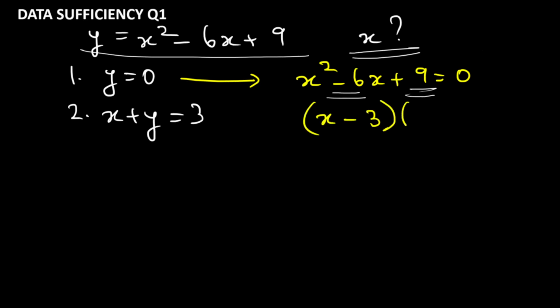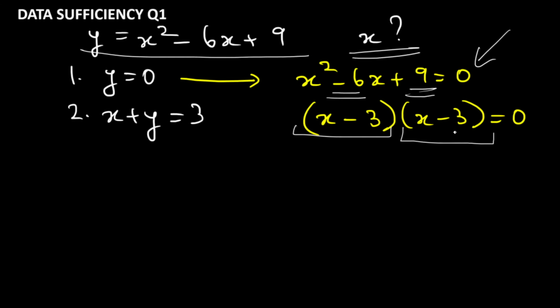So directly you can say that x minus 3 into x minus 3 is the factorization of this expression. If you take this as 0, you will get x is equal to 3. And if you take this as 0, you will get x is equal to 3, right? So this is a quadratic equation which has only one solution. Remember this, if you draw the graph of this, it will look something like this. That is, the y value touches the x-axis only at one point, which is x is equal to 3. So there is only one solution when y is equal to 0. Therefore, yes, statement 1 alone is sufficient.